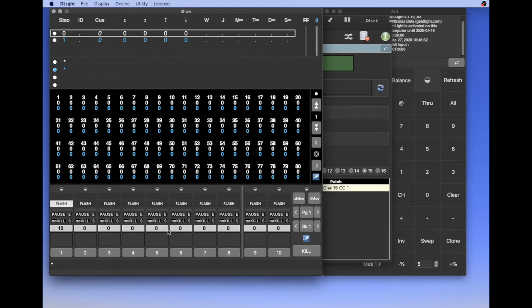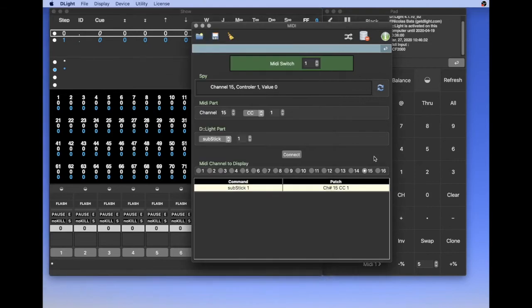Here I move the same fader on my controller, and you see that if I leave Submaster 1 at 50, I change the page. I need to push up my fader till full to control it again. This is an anchor mechanism. Now my fader is at 0. If I switch back to page 1, I need to push it up till 50 in order to control it back. So it is very convenient to use a substick when you want to control Submasters.